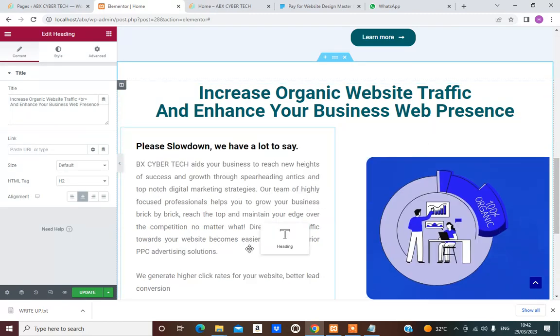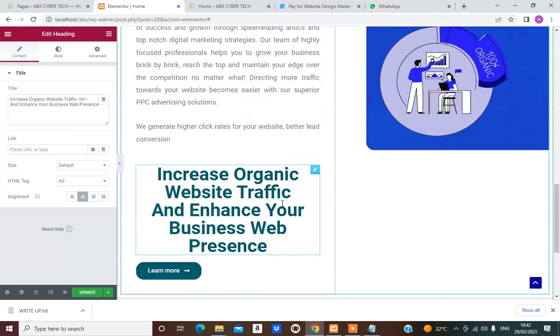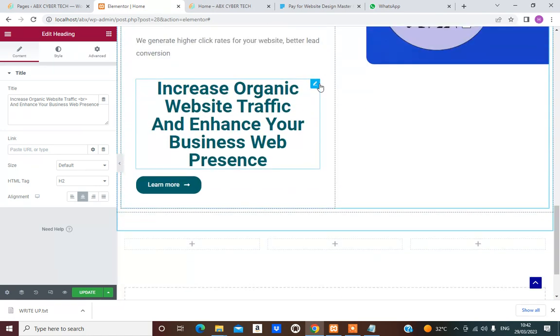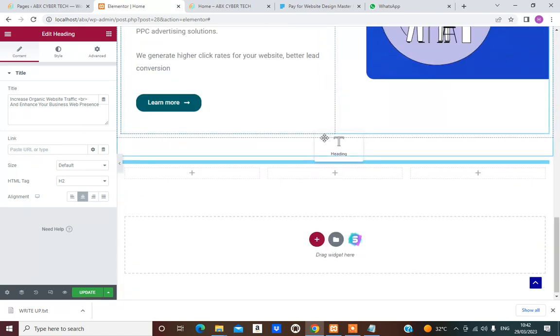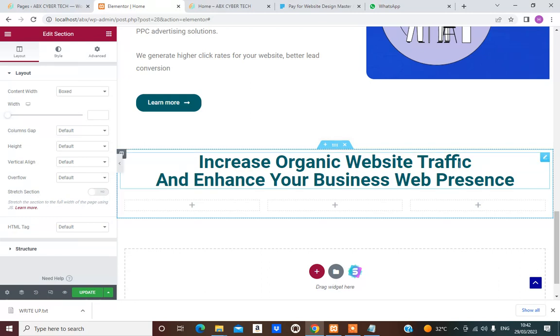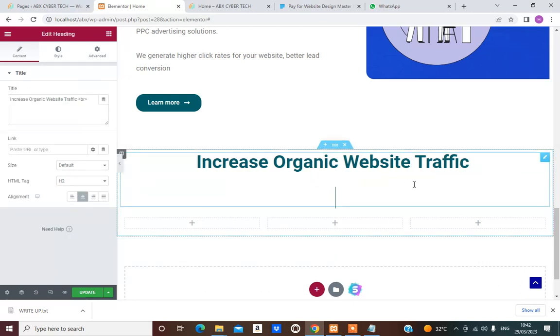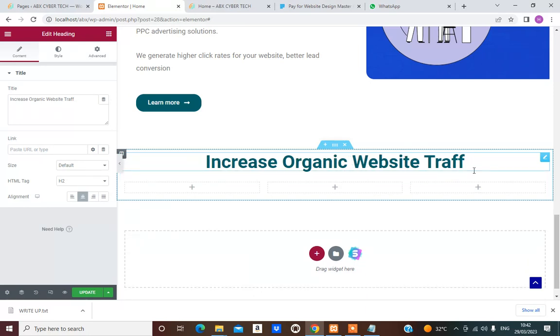Hold this from the edge and drag it down. Move now. Drag it down and drop it there. So I've dropped it in this section that I just added to the site. Then I will erase this, and say